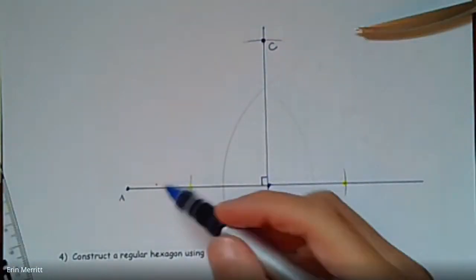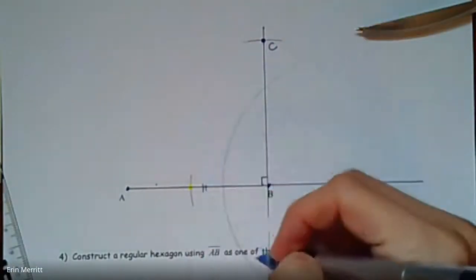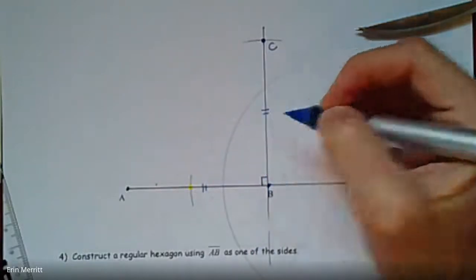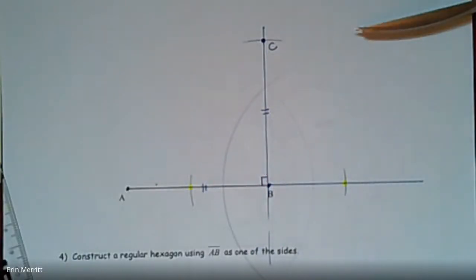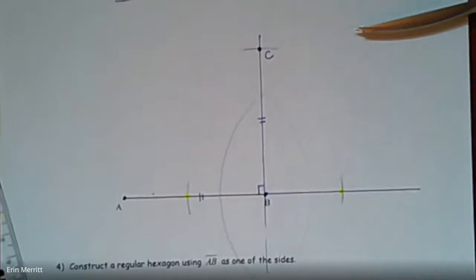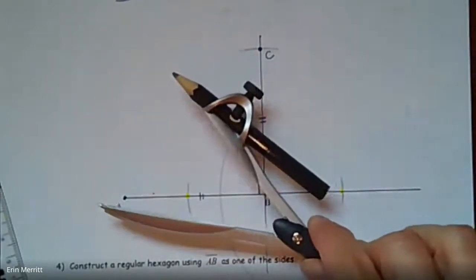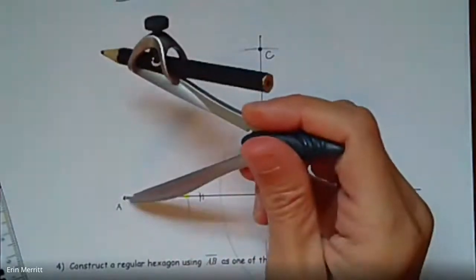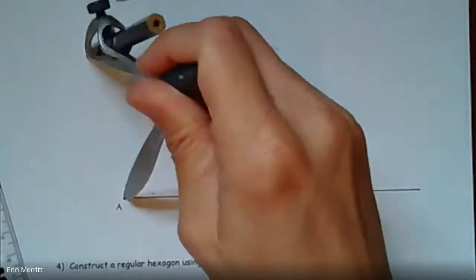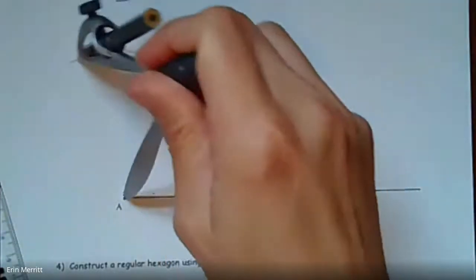So at this point, side AB is now the same length as side BC. There's two sides of my square. I don't have to do another perpendicular construction, although I could, but it takes a lot more work. What I'm actually going to do is keep that same distance going on my compass. I'm going to come over to point A, and I'm going to swipe an arc directly above A using that